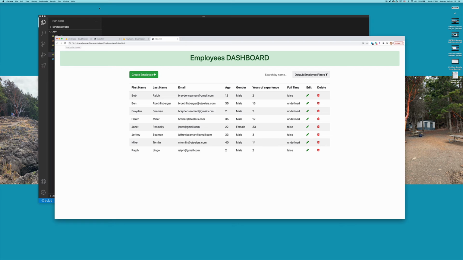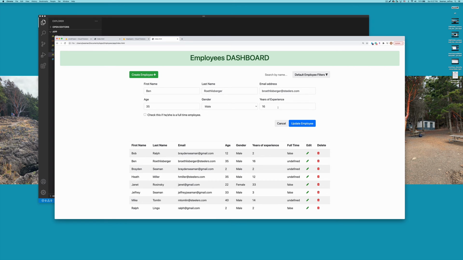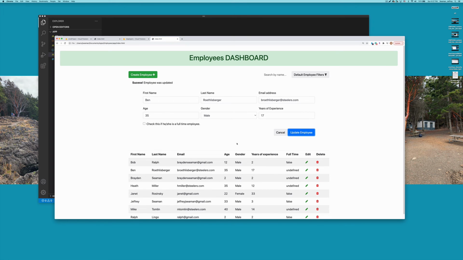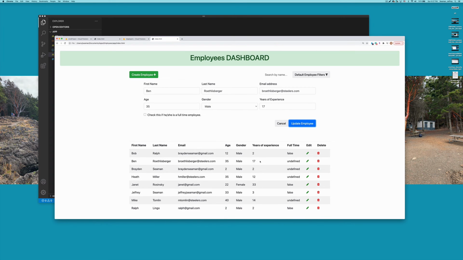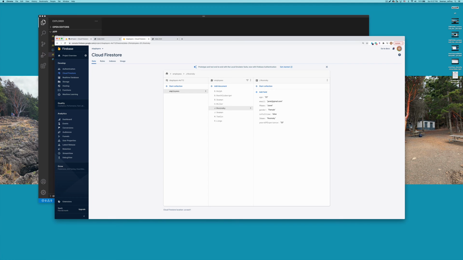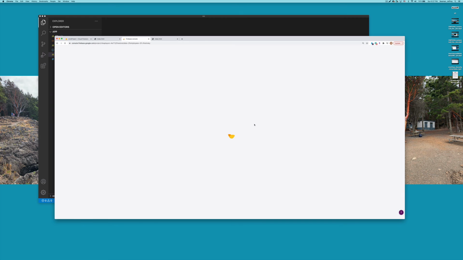So this is how it works and what we're trying to get to. We have this employee dashboard. We could come in here and modify information. So we'll say that he had 17 years of experience. We click update employee. It updates successfully. We come down here, it shows 17. Perfect. We could go out to the table here and see that,